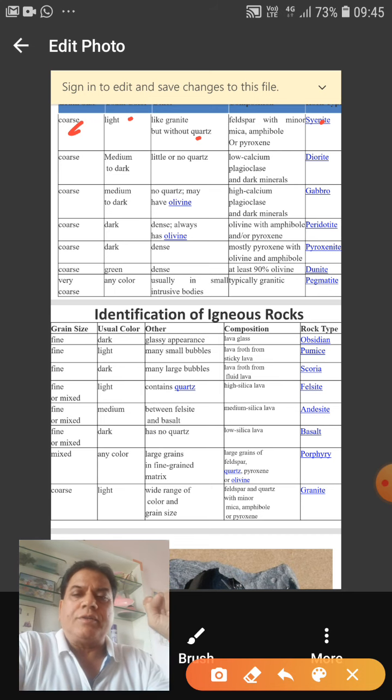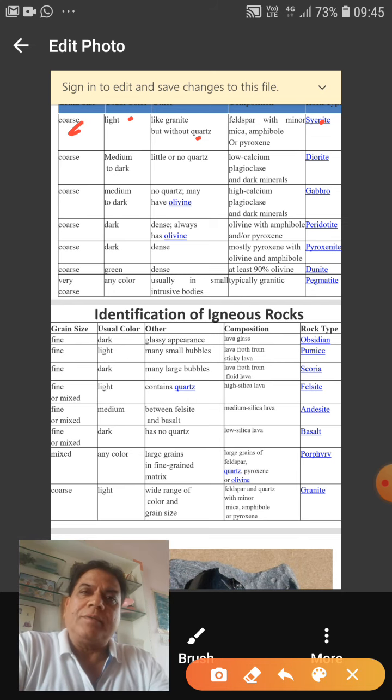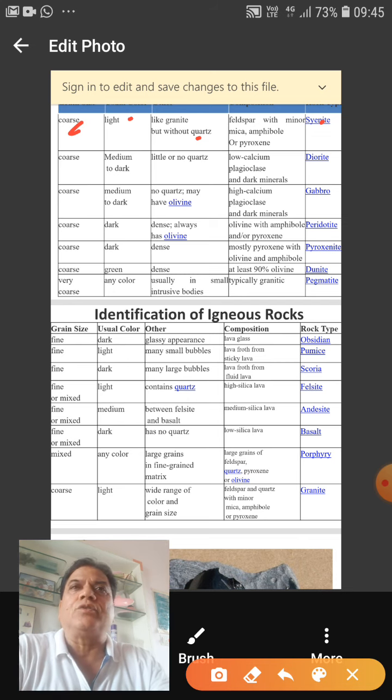Particularly for the UG students, you should be very logical. You may be wrong, that doesn't matter, but you should be logical and scientific in description. Because what is the habit? You just pick and try to name. Don't try to name the rock first. Just write the color, think of the color.